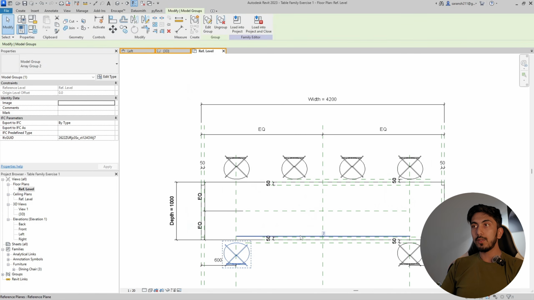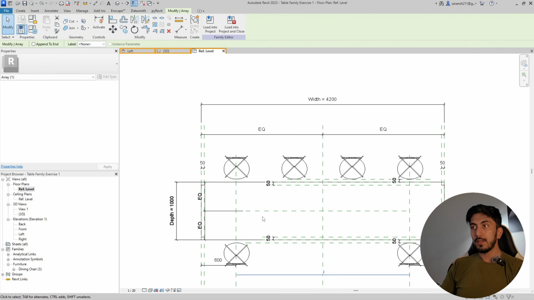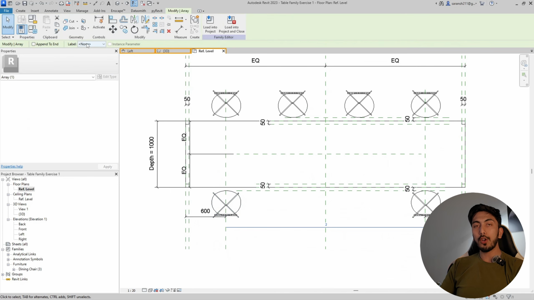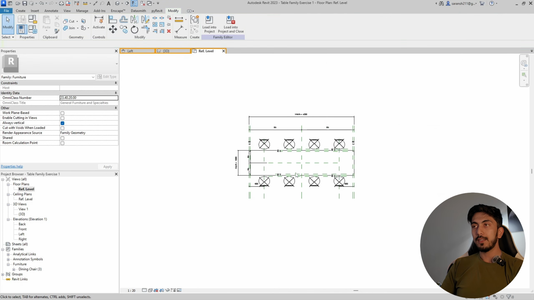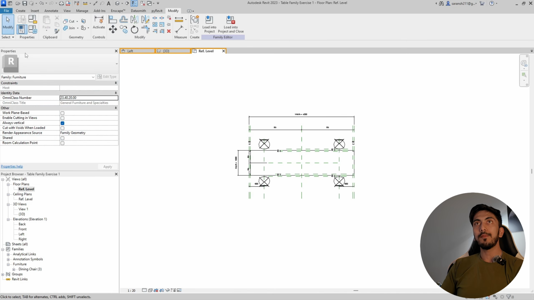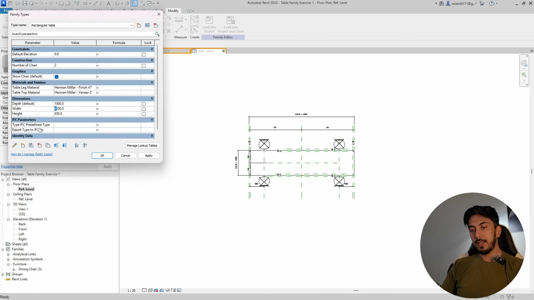Now this is also an array parameter. So what you can do now, you can just select this, go on to your label section on top, and now you will have that parameter that you have added on the other side of the chair. Just select that, and now voila, you have your chair which can be adjusted based on your demand. But in this situation, you can see that all the chairs from between are gone. Okay. Now let's make the size smaller,